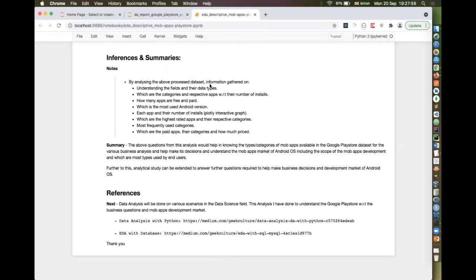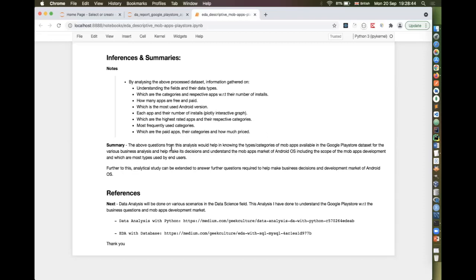By analyzing the above processed dataset, we gather information on understanding the fields and the data types, which is very essential; which are the categories and respective apps with respect to their number of installs; how many apps were free and paid; which is the most used Android version; each app and their number of installs using a Plotly interactive graph; which are the highest rated apps and their respective categories; the most frequently used categories; and which are the paid apps, which we also did through the pie chart, and their categories and how much each app was priced.